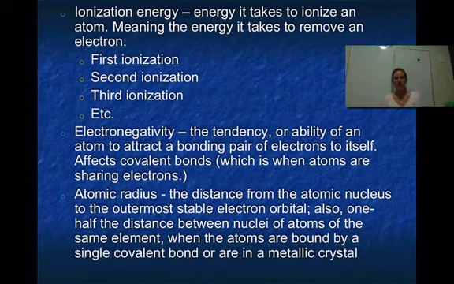Atomic radius is the 3rd trend we're going to look at, and the atomic radius is the size of an atom. But if you really start to think about the size of an atom, it's a strange thing because you can't really picture, right, protons, neutrons, electrons, and it's not super easy to measure the size of an atom. So if you actually look at the scientific definition of the atomic radius, you'll see that what they do is they take diatomic atoms, okay, and they measure the distance between the 2 nuclei of diatomic atoms. And once they measure the distance, halfway between them would be the radius. I'll show you a picture in a second, but